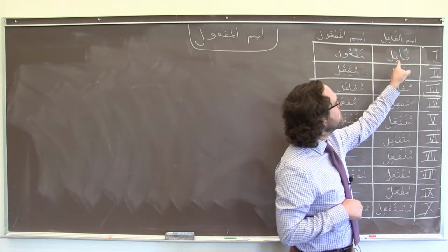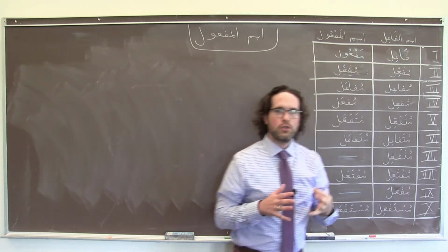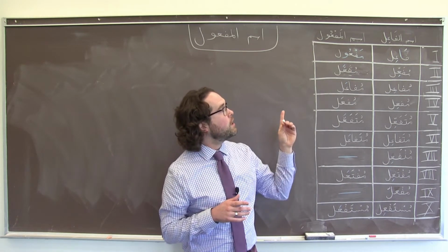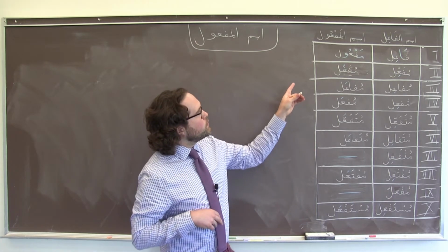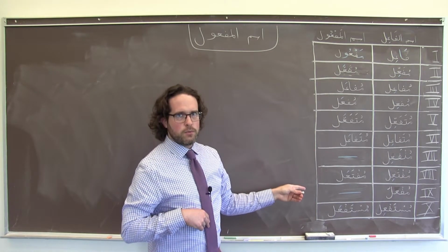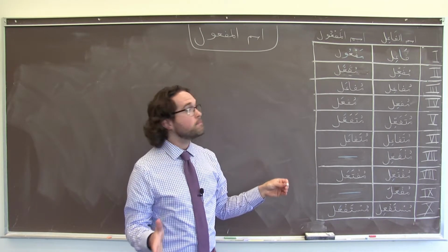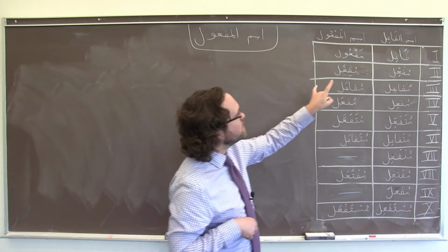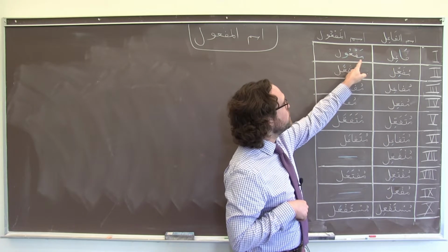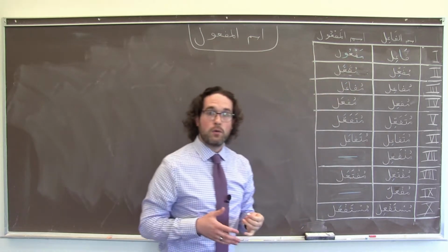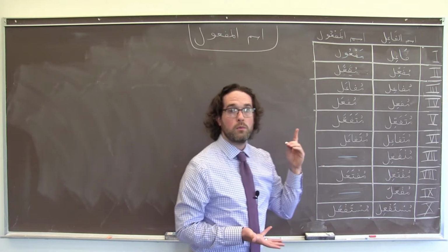Notice that they're both named for the wazn, the pattern that we use to create those participles from a form 1 verb. So you can compare with the conjugated present tense verbs too if you like. You can find a chart online, or any good Arabic textbook will have one. But basically we just apply this wazn, this particular set of short vowels and consonants, and we can create a new verb. So for example, a form 1 verb,